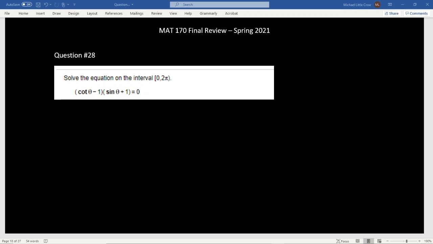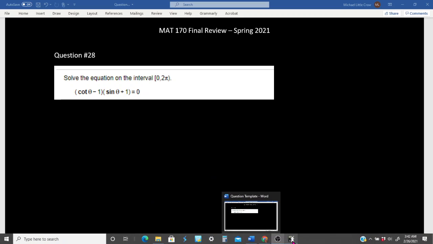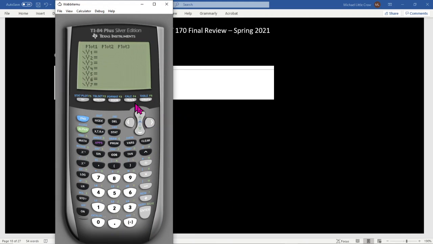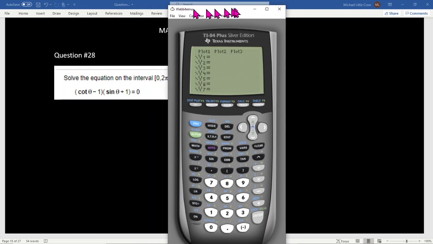Okay, so let's take a look at this, solve an equation. Now this, we're looking for some specifics between 0 and 2 pi. We could do this graphically. So let me show you how we can approach it. So we're going to graph this thing, and